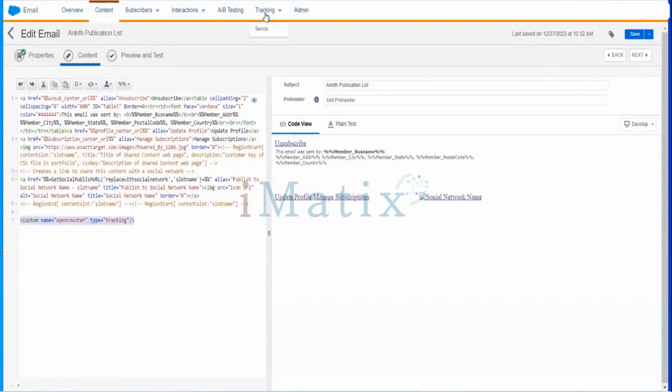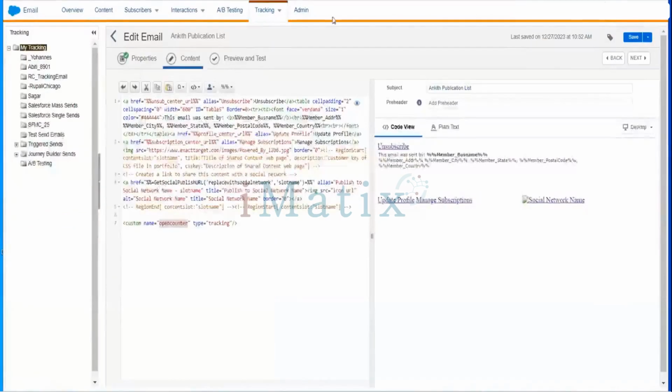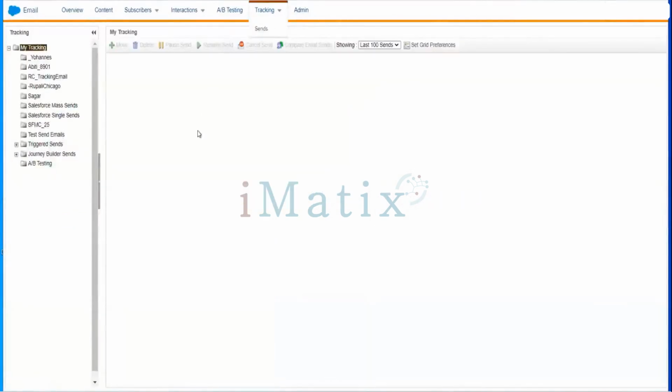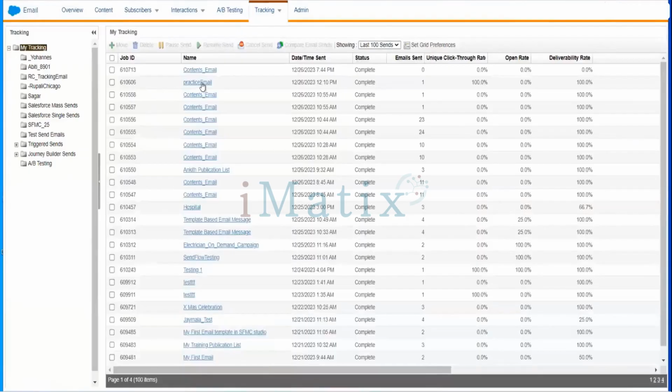What will happen if we do not add this section? The custom name is open counter tracking. If you do not add it, then when you test tracking, even if your email has been sent,